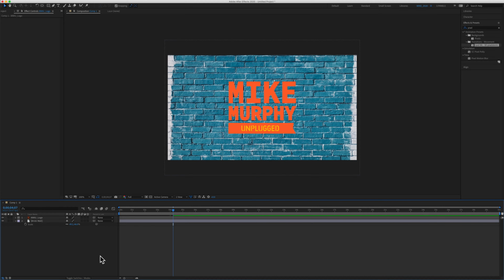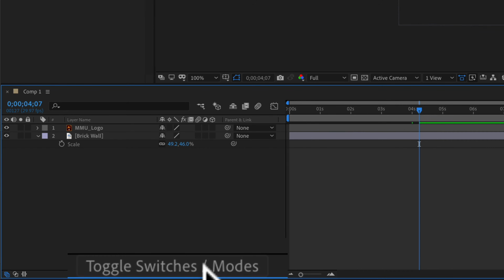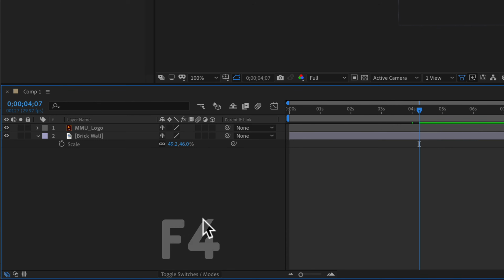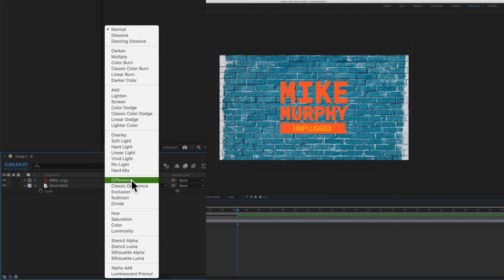To change blend modes in Adobe After Effects, you're going to come down here to the Layers panel. If you do not see mode already listed, click on this button on the very bottom that says Toggle Switches and Modes. Once you click on that, you will see mode. You can also toggle the switches and modes by using the keyboard shortcut F4. And to change the blend modes for any layer, just click on the little drop down arrow in the mode section. Now you will see this big long list of blend modes